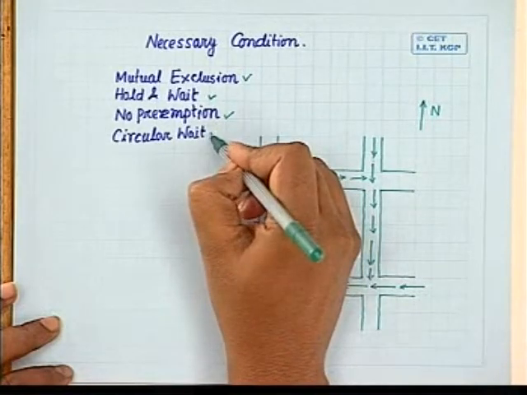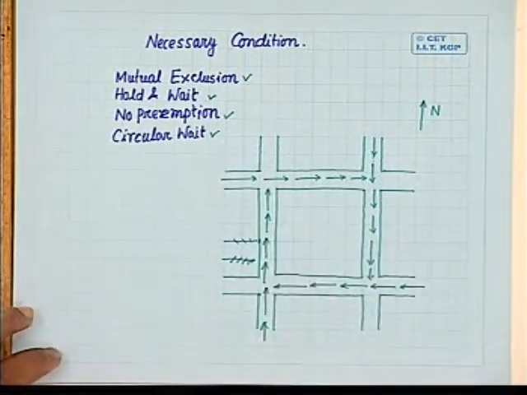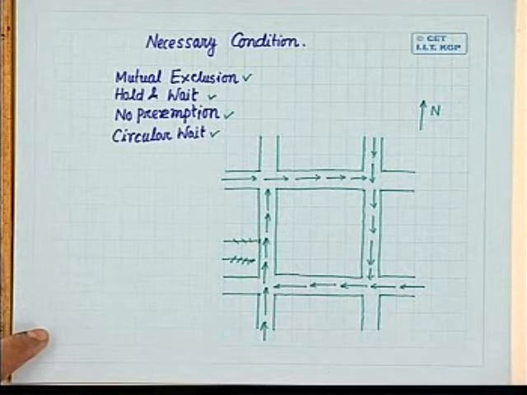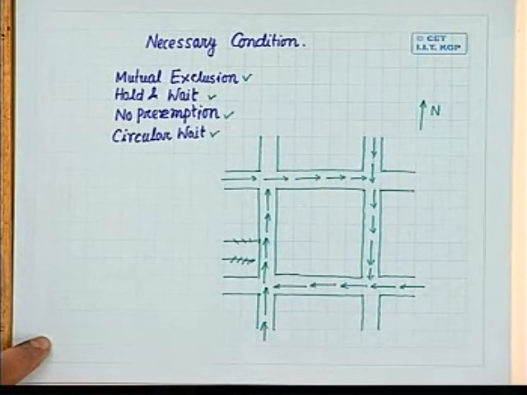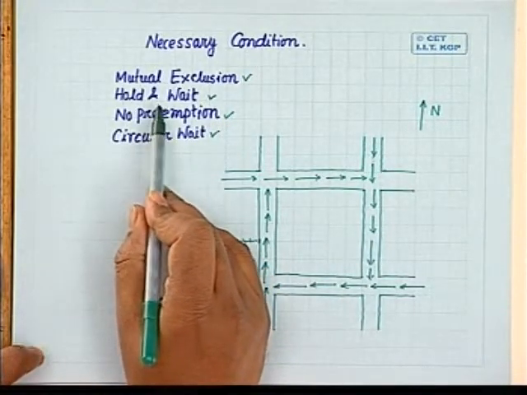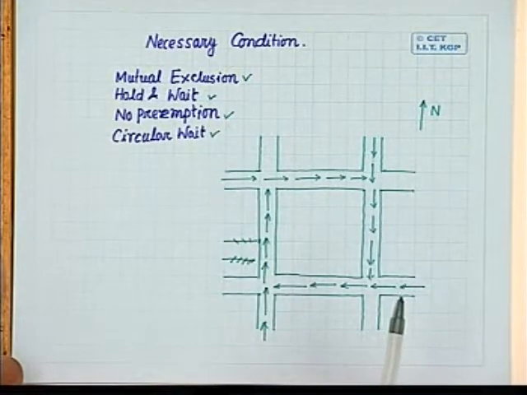So all these four conditions are present in this particular example, and here it shows that I can have a situation where I will have a deadlock. However, it is not necessary that the existence of all these four conditions means there will always be a deadlock, but it says that there can be a deadlock. Okay. Now in this, as I said, if I can remove any of these conditions,